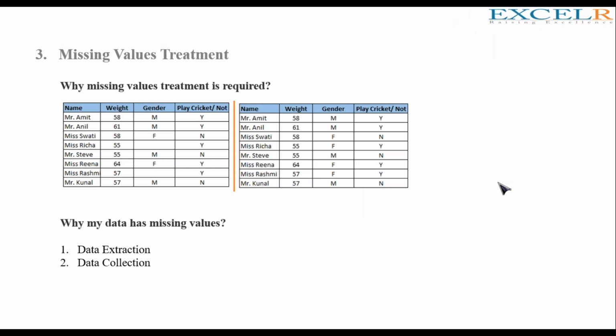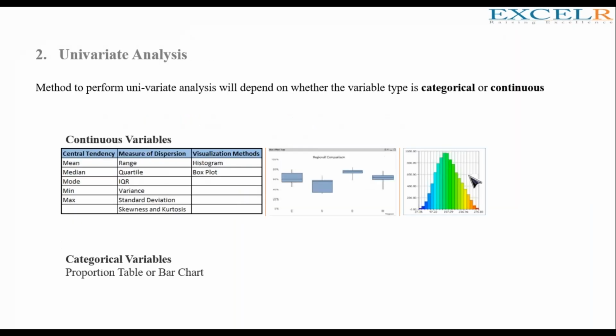Next is the missing values. Missing values are nothing but your NA values. You have NA values in your data set. So why exactly is the missing value treatment required? We need to first know the reason behind treating the missing values. You can see over here there are two data sets. The first one has NA values. Here you have the NA, here you have the NA, right? So it has calculated the probability of,